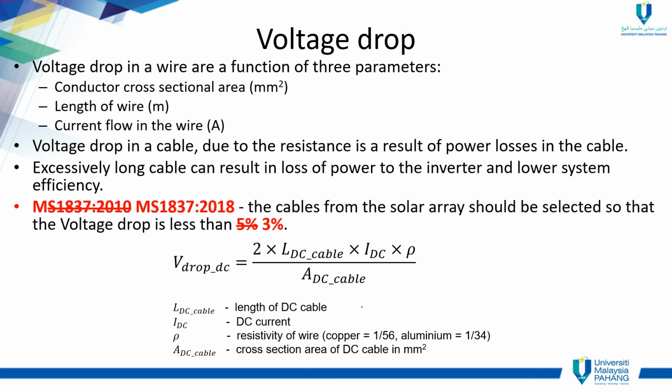Okay. So, after we choose the cross-sectional area, I mean the cable size, the commercial standard cable size. So, adalah cross-sectional area tu lah yang 2.5, 4.0 tu kan. So, voltage drop in the wire is a function of 3 parameters. Remember, the thicker the cable is, I mean the higher the cross-sectional area, so the voltage drop will be reduced lah. If you're using the bigger cable,